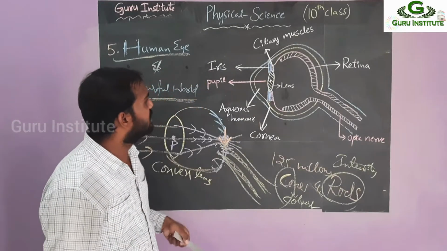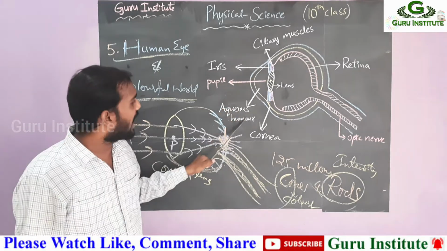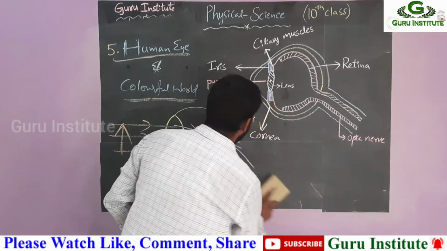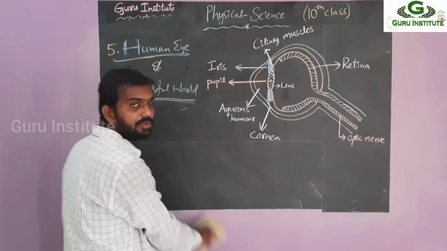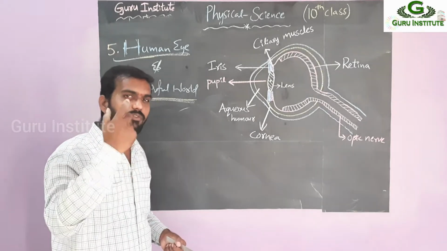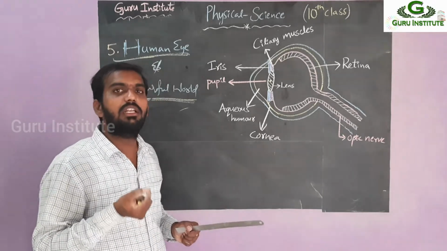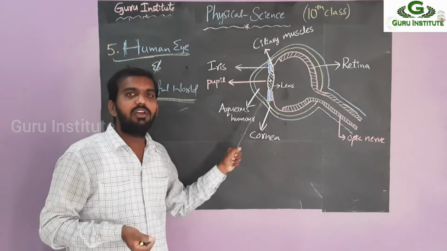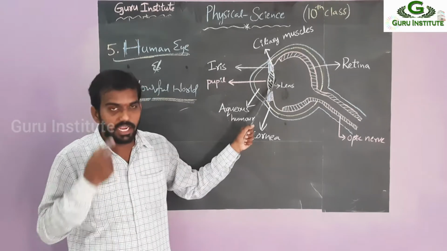Then what is the remaining one? See here. Iris. The iris also protects the lens. Then the aqueous humor. What does aqueous humor mean? Aqueous humor means eye drops, tear drops. Whenever any dust particle or harmful thing enters our eye, immediately we get tears, right? The tear liquid is called aqueous humor. It is immediately released and is present between the lens and the cornea. It cleans our lens so you can see a clear image.